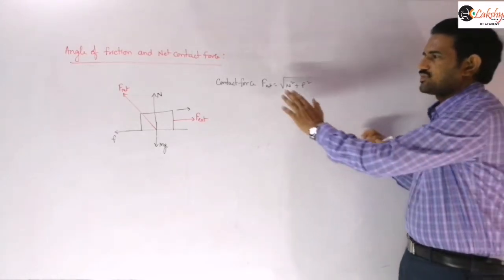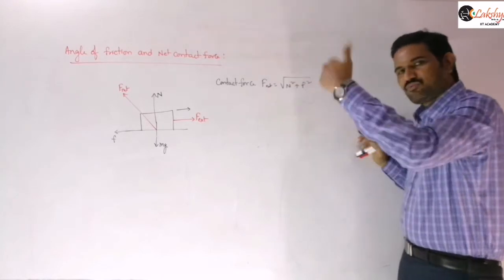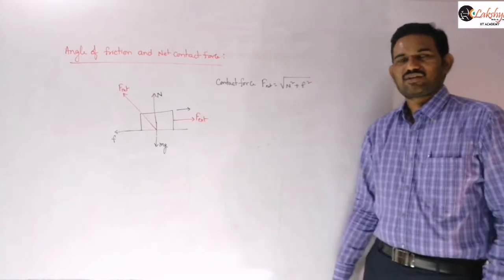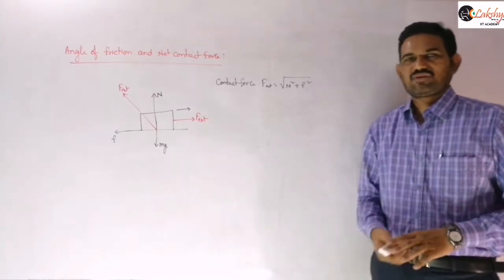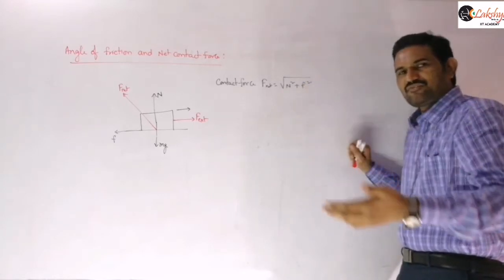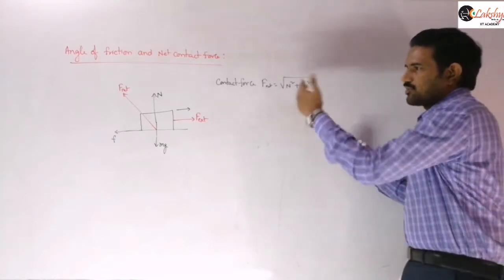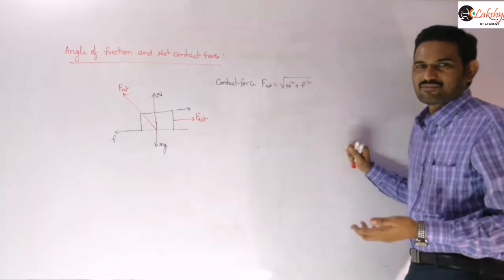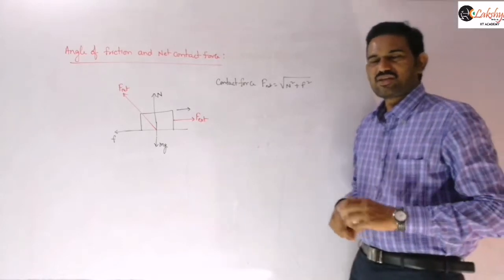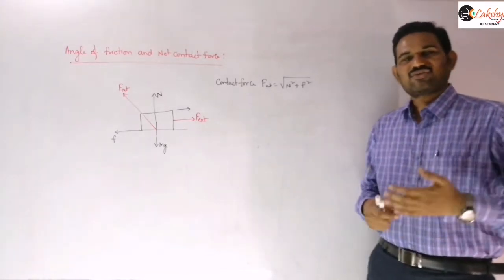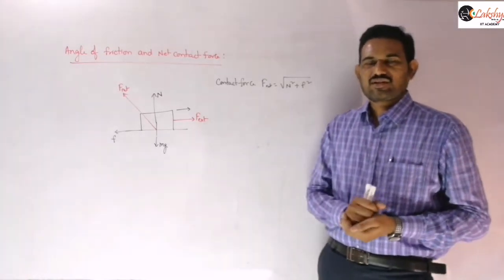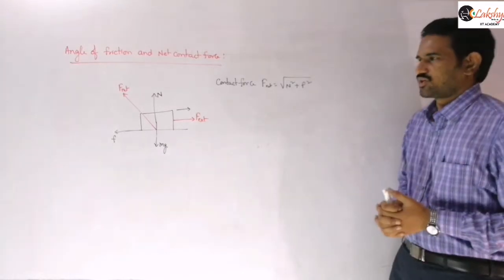Because of that, we can say that this contact force can have many values, depending on the situation of the object. So contact force is not a fixed value; it is just the resultant of these two values. The friction will be different in different situations, and the normal reaction is also different in different cases. When the object is placed on a horizontal surface, you get the normal reaction as mg. If it is placed on an inclined surface, the normal reaction will be mg cos theta, right? So it will be different in different situations.